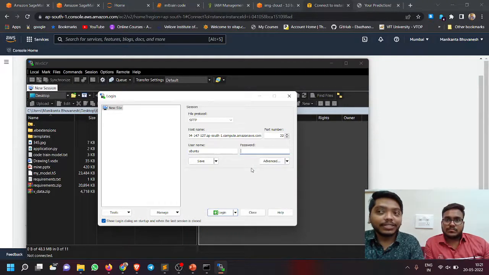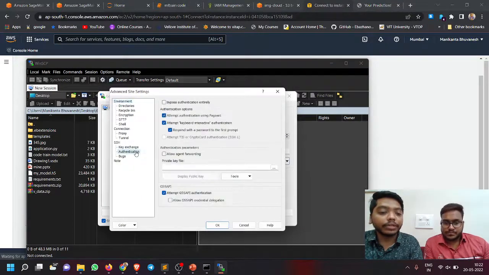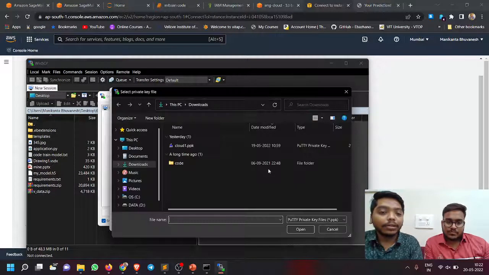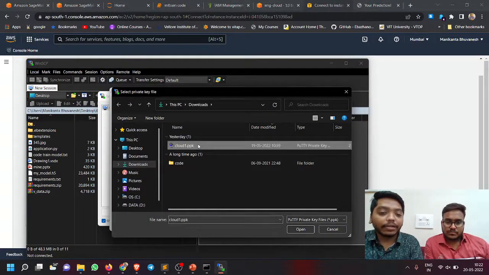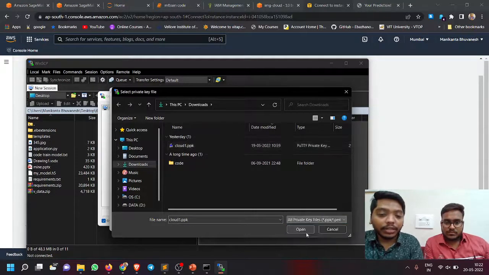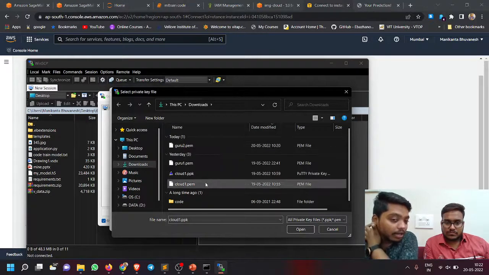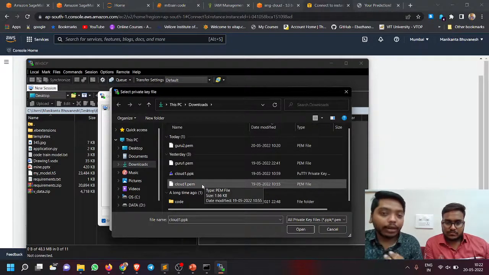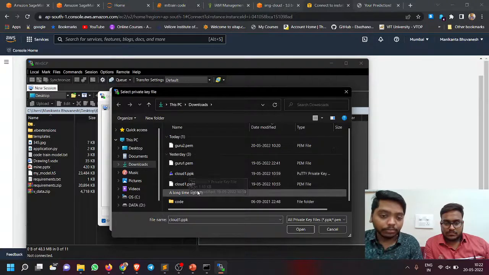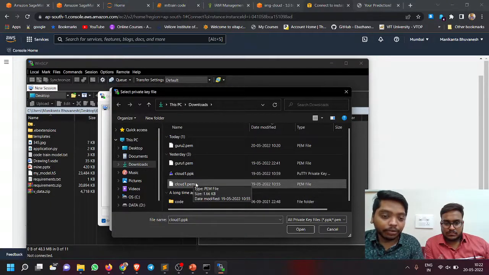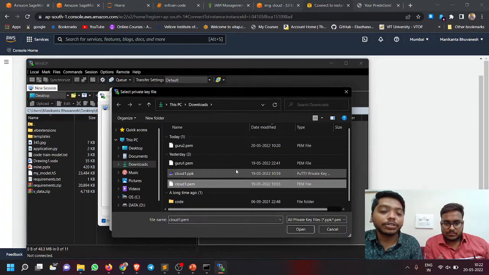For this, we have downloaded a key pair. Simply click on advanced, then go to authentication. Here we have to choose the key file. Choose the file which you have created. This is the Guru's key ID. This is mine. As of now, using my instance, I am going to use my key pair. You click on this, then it will be automatically changed to the key pair which will be used by